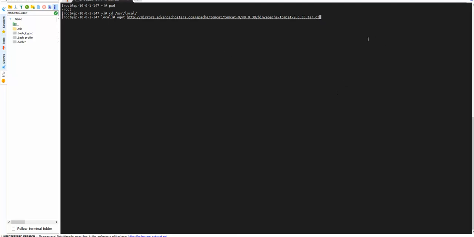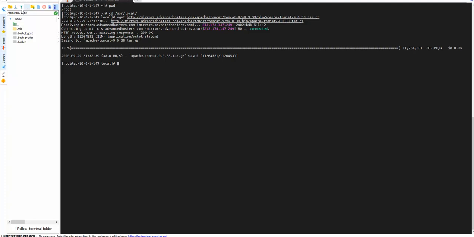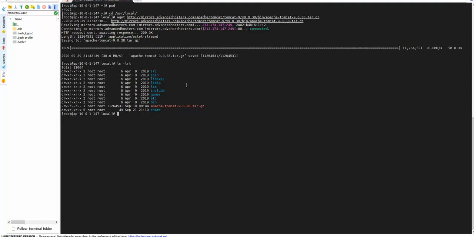So let's go ahead and enter. Okay, we got the Tomcat software already fetched. So that is my Apache Tomcat tar. Let's go ahead and untar it. So tar xvf, and I'm going to pick that.